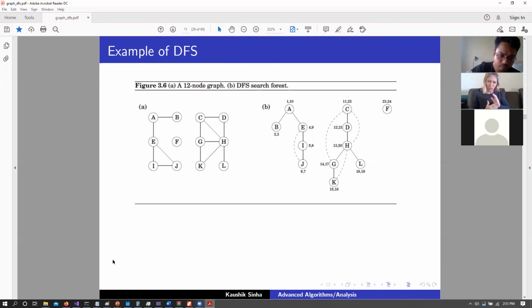So the graph's gone. I understand there is some confusion. Let me go through this particular graph, and that would make it more clear. Here we have these graphs, and these are the ways DFS has been searching this particular graph. You can notice that there are two numbers on top of those nodes. The first number is the pre-visit number, and the second number is the post-visit number, right?